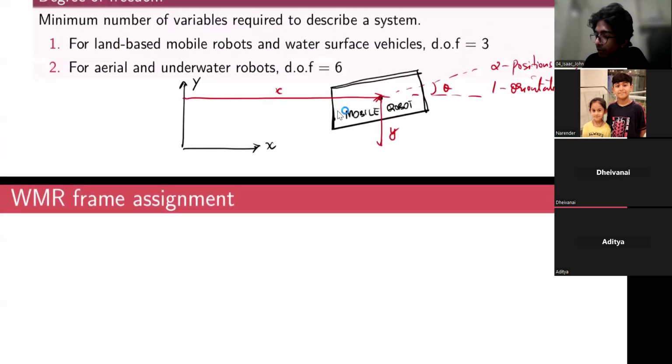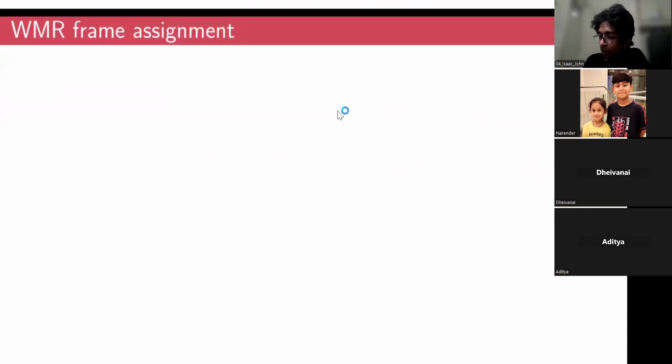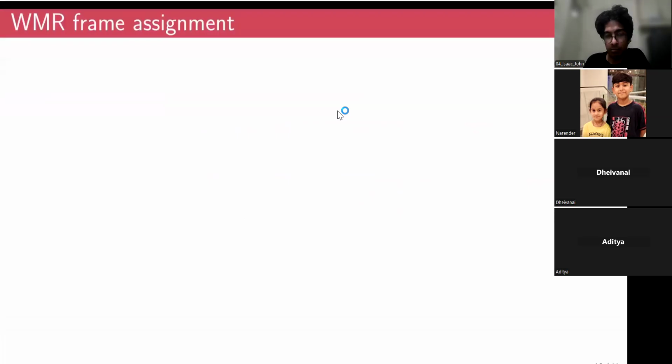So now that we have described that a wheel mobile robot requires 3 degrees of freedom, how would you make use of it? So typically, we would have a frame of reference fixed to the ground. If you consider this plane of the board as a ground, I would fix a frame of reference like so. This is the x-axis. This is the y-axis. And since this is fixed to the ground, I could call this an inertial frame of reference,